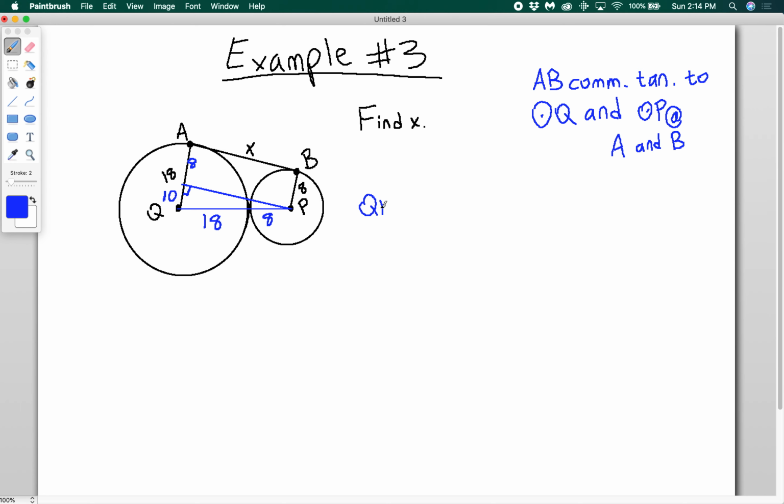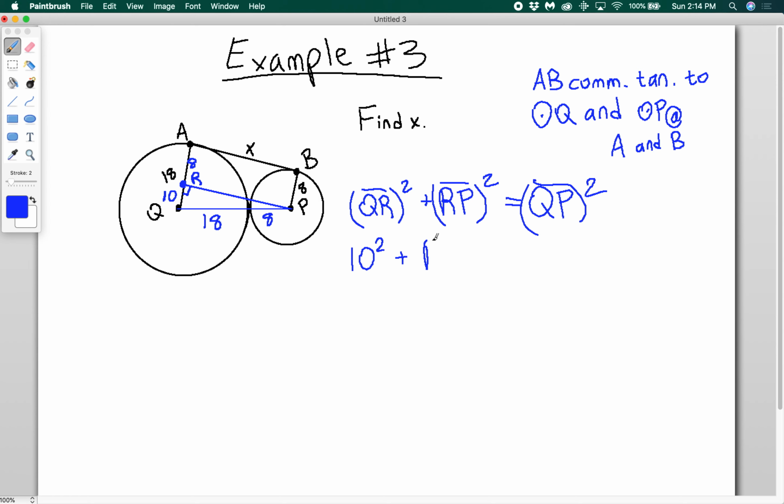I can say that line segment QR squared, I guess I should label r, huh? I'm going to call this point r. So QR squared plus RP squared, which is the leg, is going to be equal to QP squared. So that's going to be 10 squared plus RP squared is equal to 26 squared. All right, 18 plus 8 is 26. So then RP, if I solve this out, is going to give me 24,